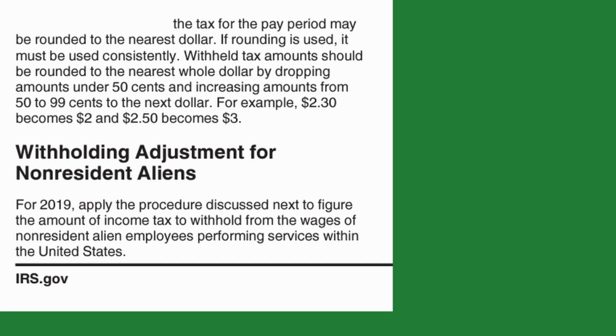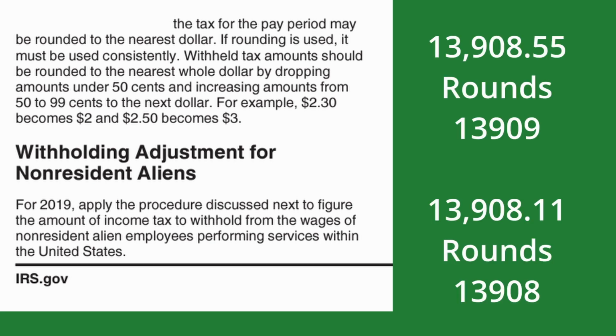$13,908. Just for your peace of mind, what the rounding rules are is anything under 50 cents is the dollar below, and then anything over 50 cents is going to be a dollar above. So let's say it was $13,908.55, then your total tax liability will be $13,909. But in this example, it's at 11 cents, so it goes rounding down to that